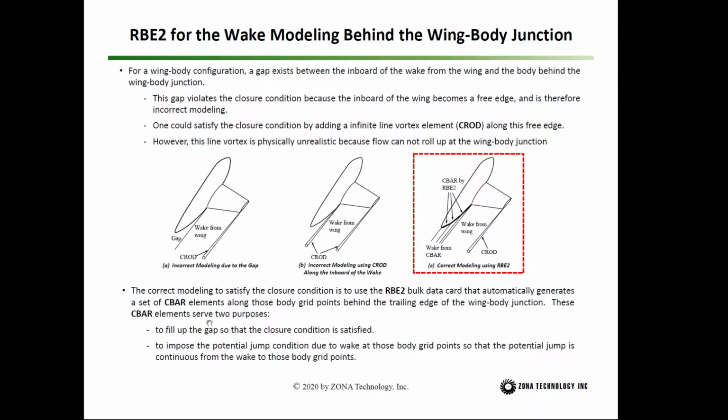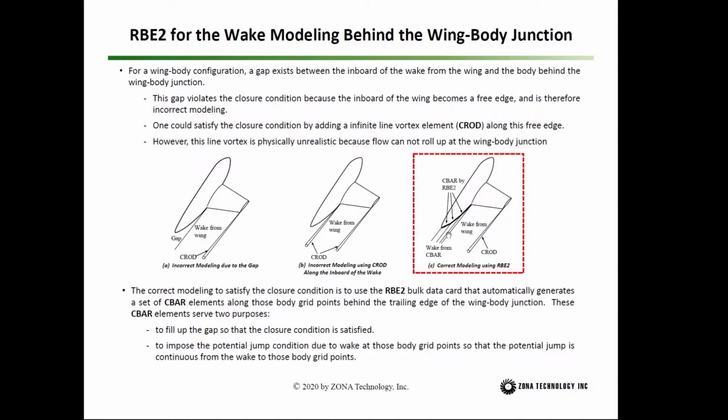These C-bar elements serve two purposes: to fill up the gap so that the closure condition is satisfied, because each C-bar will internally sweep down to infinity and create a wake surface. So those C-bar elements can fill up the gap. And the RB2 also internally separates those grid points on the body into a set of grids along the upper side and another set of grids along the lower side. So actually you have two sets of wake sheets generated by those